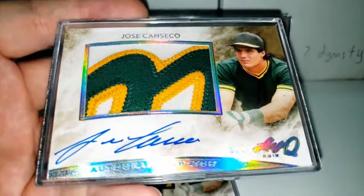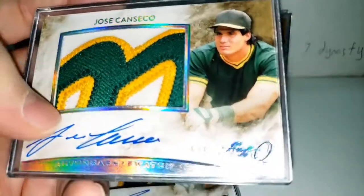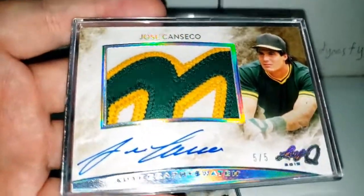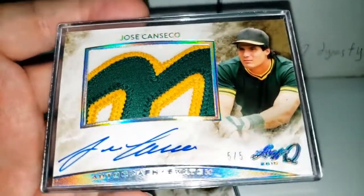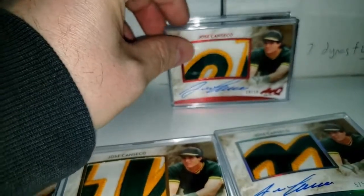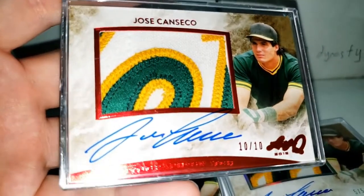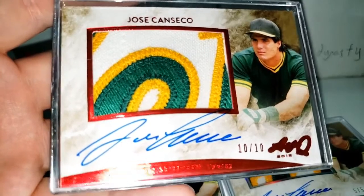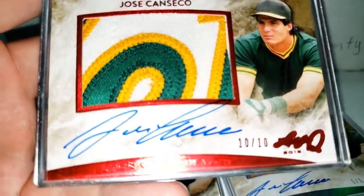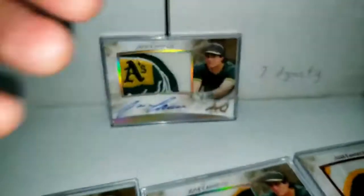Again, I might be in the minority for liking this over an elephant patch one that has a ball or something like that in there. But yeah, the holographic foil, everything works perfectly for me on this. And then of course we have out of 10. Again, I really like where the patchwork falls in this window. I think it's incredible. And last but not least, one of my absolute favorite cards